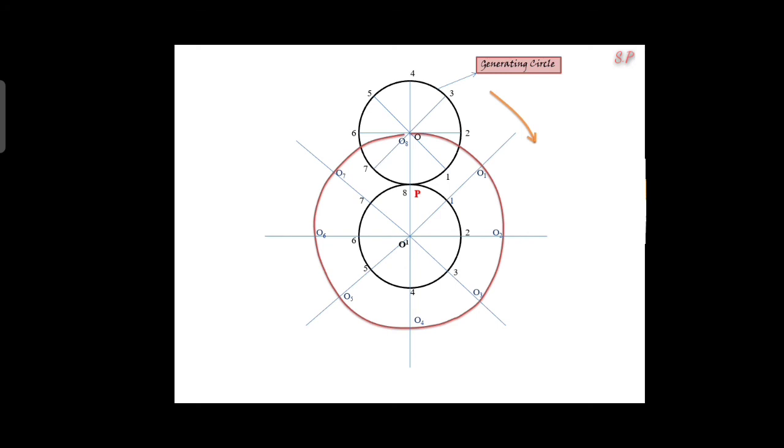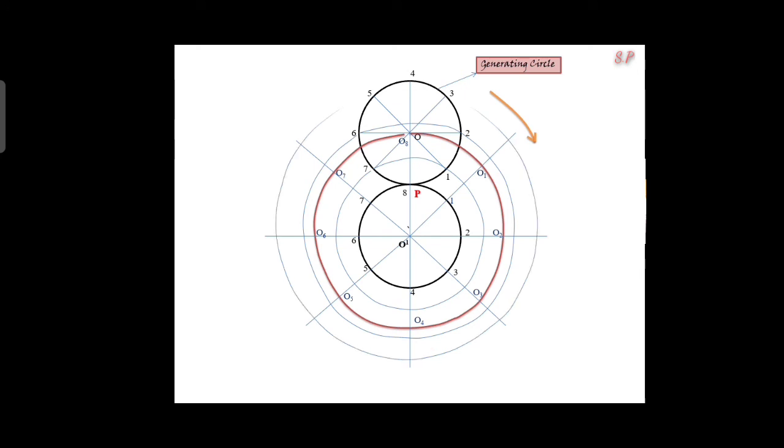After locating these points, we are going to draw a locus of the remaining points. That means first I am going to draw the 1 and 7 locus circle. O dash is the center and O dash 7 is the radius. You will draw a locus circle from the points 1 and 7. The next, you will draw the locus circle from the points 2 and 6. Next, 3 and 5 locus circle you draw it. And finally the 4th point locus circle you draw it.